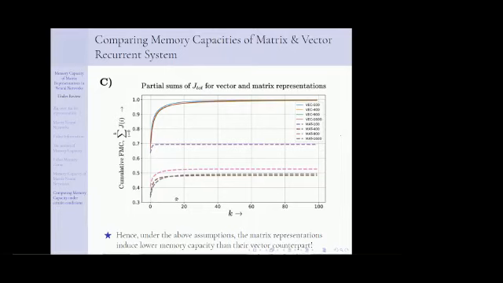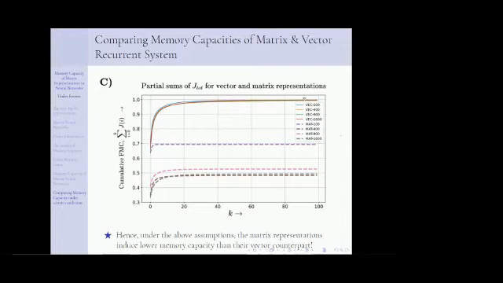So this is the result of the talk. Of course, I hope that it was counterintuitive to you too, that a matrix system should, by its structure, have a bit more memory capacity, because it's storing a lot of things, and it's preserving the local information around the pixels of the matrices. But it's not so, and that's the result of the talk: the memory capacity of a matrix representation system is actually worse.